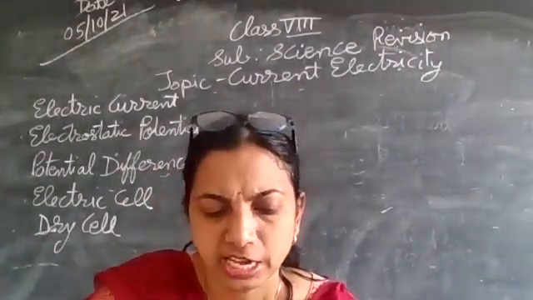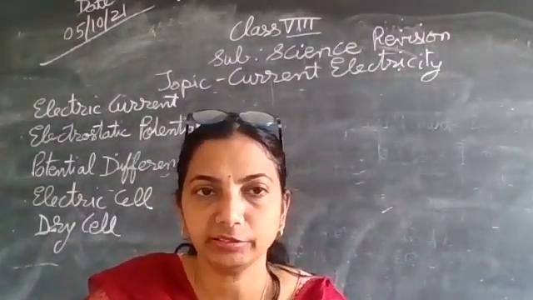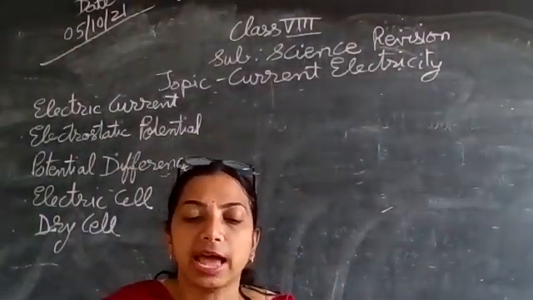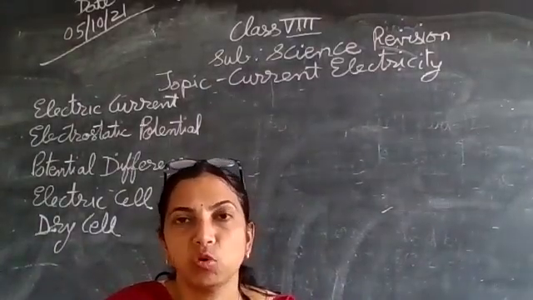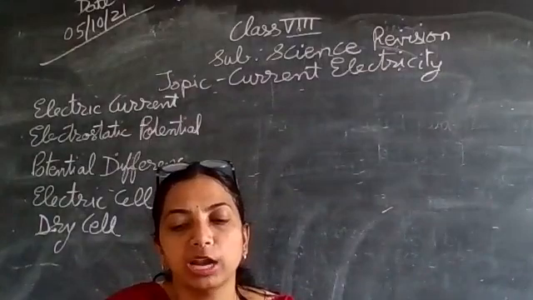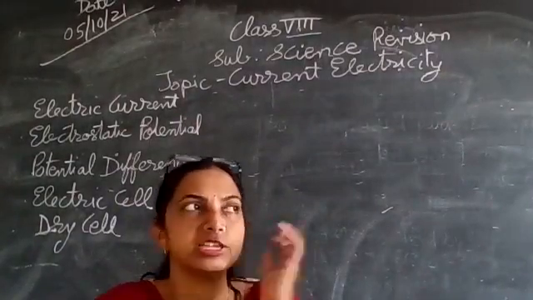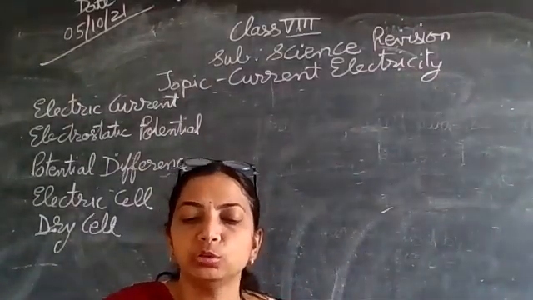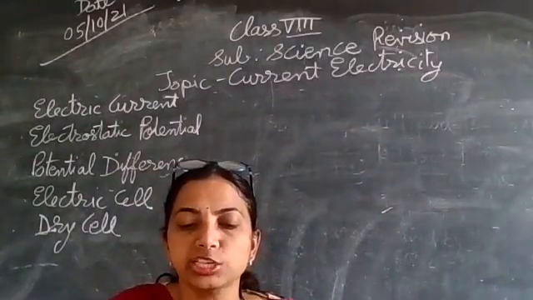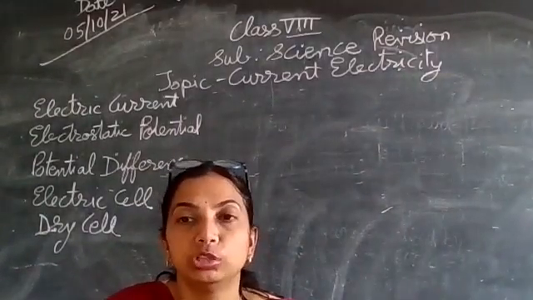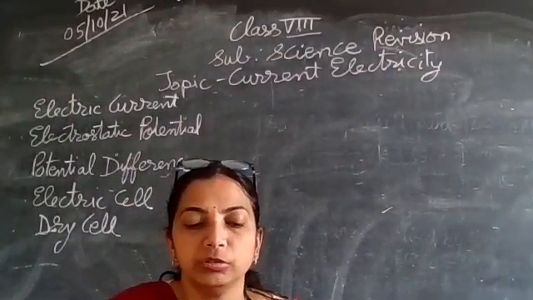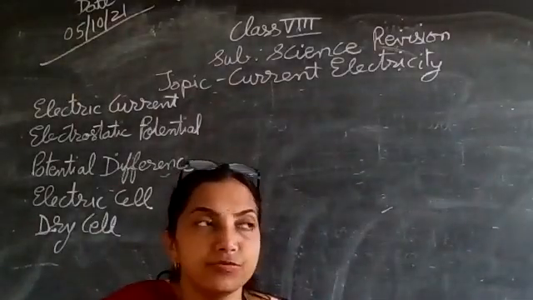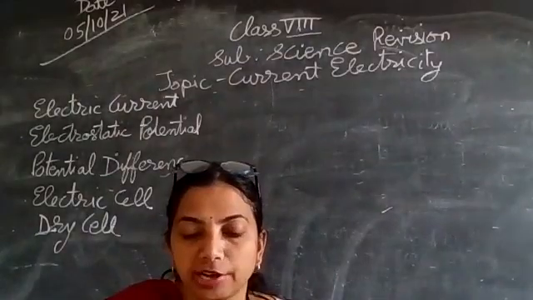So what is current electricity? Electric current. A large current flows when lightning takes place before rainfall, from a cloud to the ground. So we can see the lightning falling to the ground. While sensation is felt by us due to a microscopically small current flowing to the brain. And you are also aware of the current flowing through wires. If we touch a live wire, we get a shock.